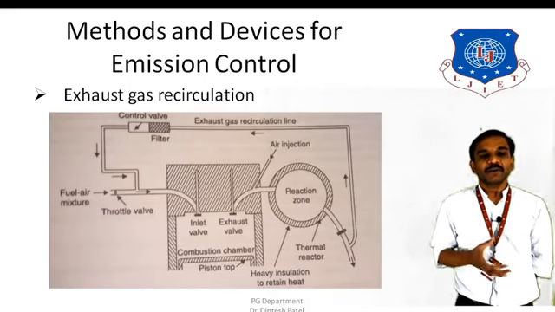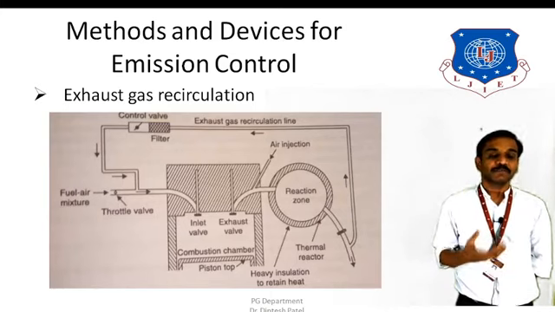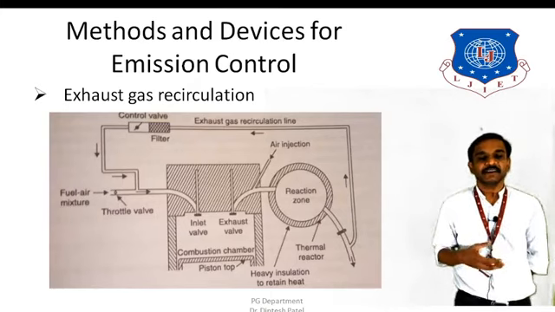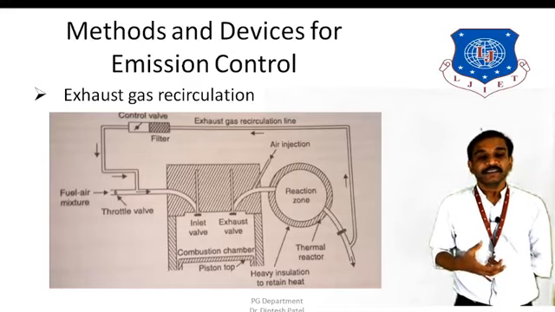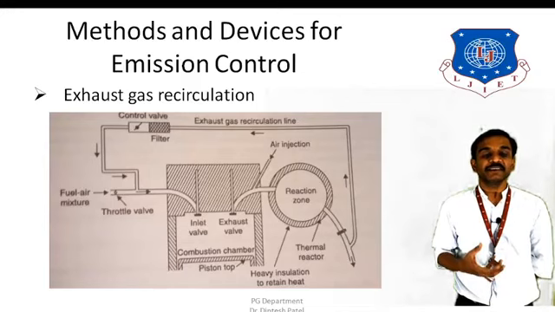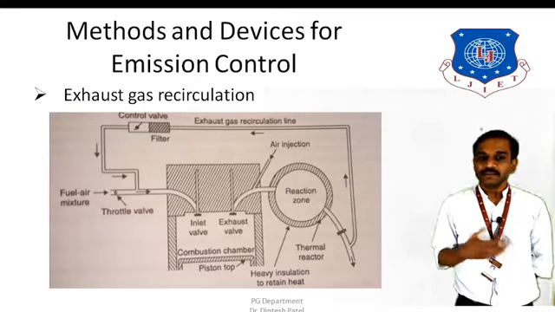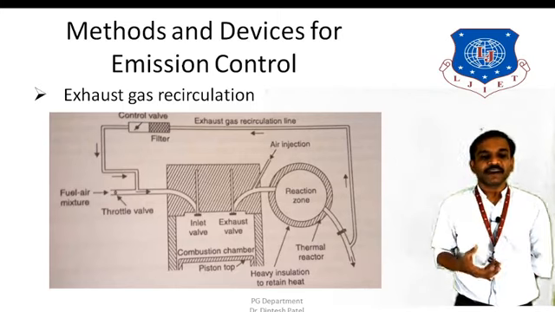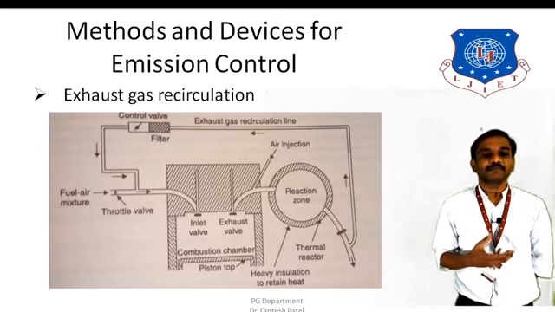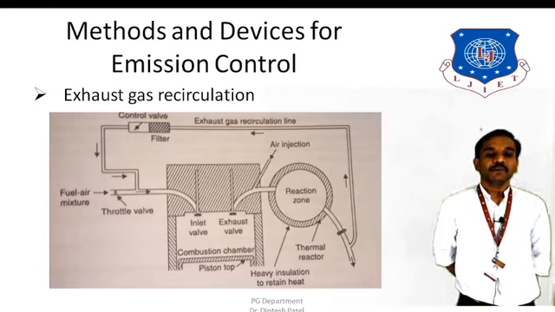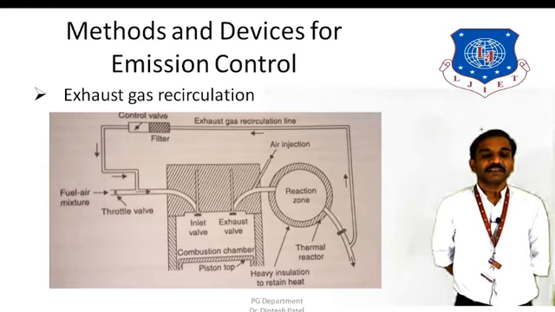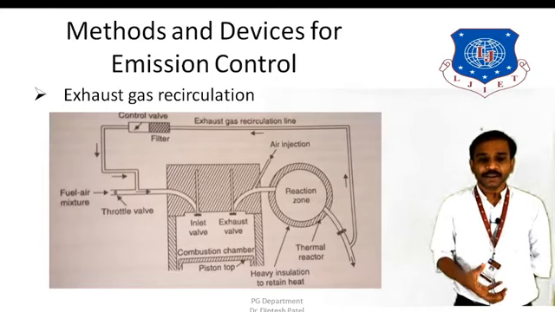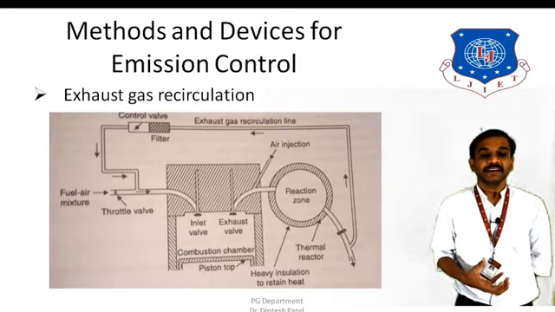So the control of these exhaust gases would not affect the overall performance of the engine. For example, if we require a good amount of power or throttling, then in that case EGR would stop the exhaust gases from entering the inlet manifold, and in normal cruising time EGR would supply a certain amount of the exhaust gases. So overall, the inlet air and fuel mixture would be diluted by supplying the exhaust gases, and that would reduce the overall temperature inside the combustion chamber, and that ultimately reduces the NOx emission, nitrogen oxide emissions from the